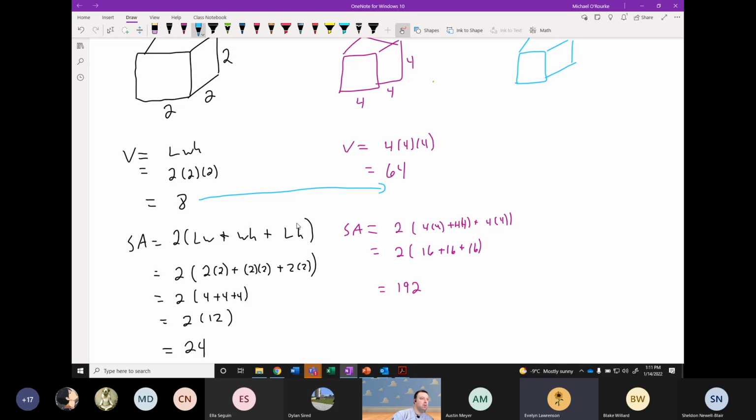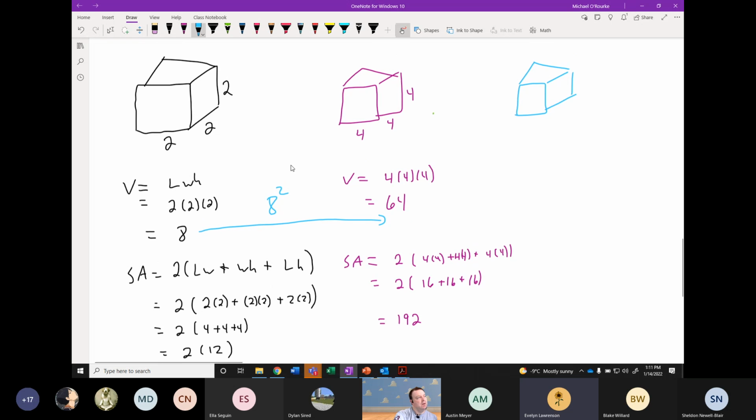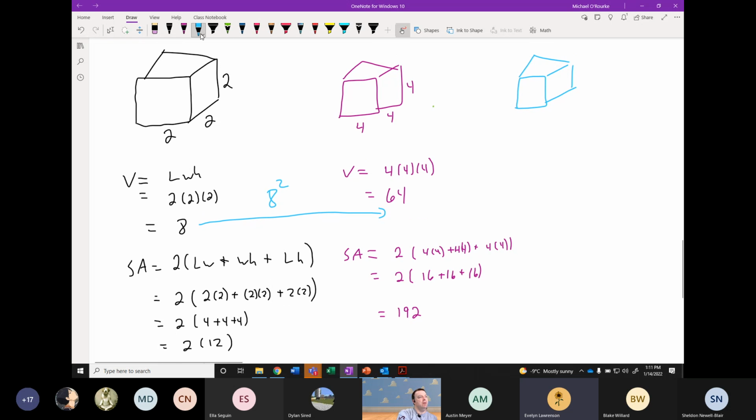Eight times 8? Okay. So 8 squared equals 64. Let's look over here then. Let's try this one. Let's just do volume. If I double this again, do we have a prediction of what this number is going to be? So if we took this number and squared it,